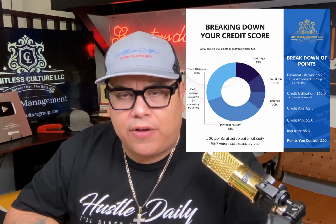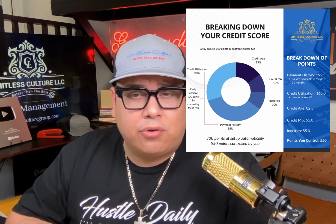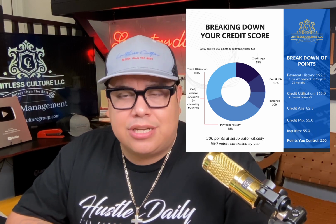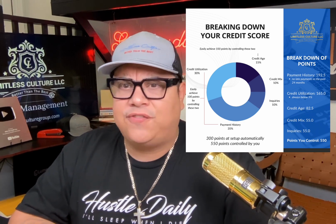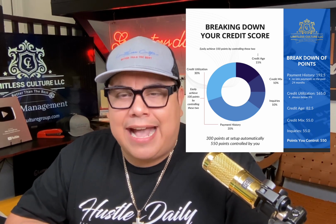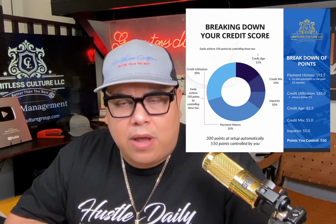super high impact. The reason why this is super high impact is because you're adding 2 different factors to your credit profile. Utilization is the balances that are being reported. If you add a $10,000 line of credit to a credit profile that just doesn't have that much line of credit, then you're boosting that section. That is 30% of your credit score. Now, payment history is 35% of your credit score. So if you add something that has 5 years of payment history, that is 5 years of on-time payment history. That's super impactful. You're just instantaneously injecting that into your credit profile. And this is why it has a high impact, and it is super helpful, and it can raise your credit